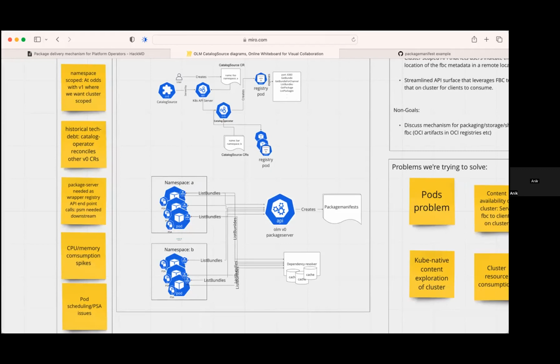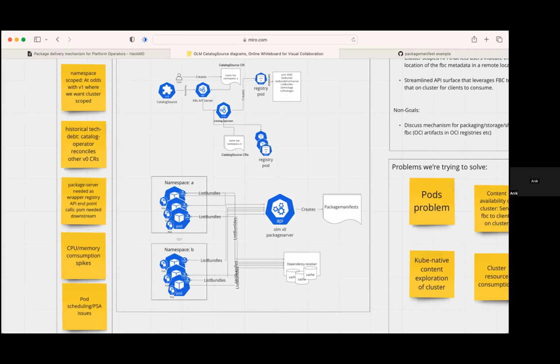But I think at this point we are leading towards everything in OLM V1 being cluster scoped. So even the catalogs that you create right now in V0, when you create a catalog source, unless they are in a global namespace, and I'll come to what global namespaces are in a minute,